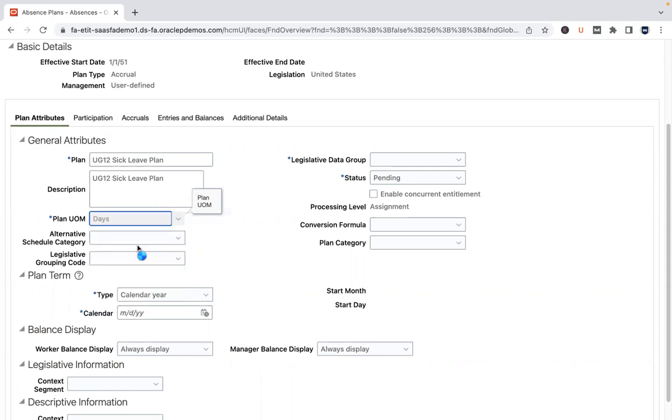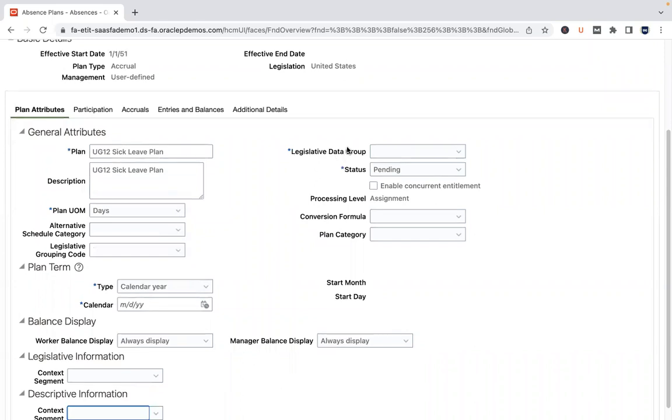So you say days, and you need to select the legislative data group. Remember, the legislative data group is like a country specific partition which stores data within that particular country. And remember, this is LDG. You do some configurations at legislative data group level, and that includes some configurations in absence management, and main configurations come in payroll as well. So when you define a payroll and when you run the payroll, the results would get captured in legislative data group. So legislative data group is nothing but a country specific data partition that you have within the Fusion HCM